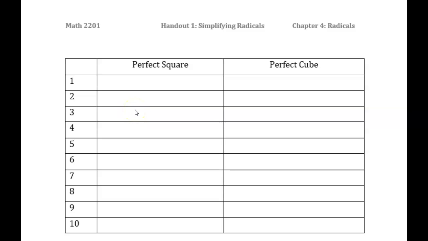Before we get into covering radicals, we do need to have a review over perfect squares and perfect cubes. Alright, so for a perfect square, if you were to take a number, and I have numbers here from 1 to 10 listed,